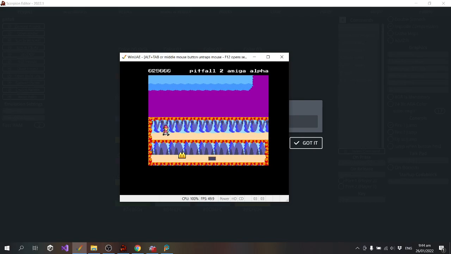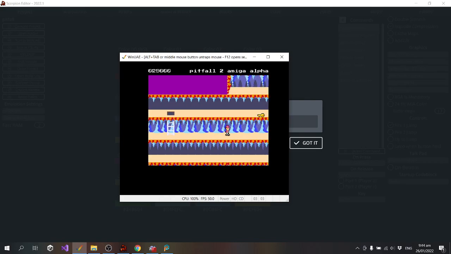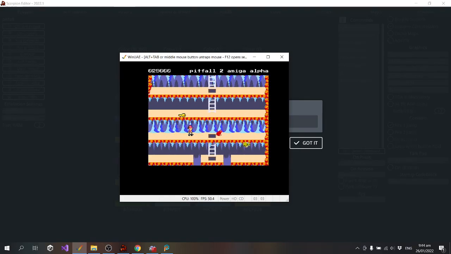Just make sure I can't walk through that wall. Not sure if that frog is working exactly right. It looks a little bit weird, but I'll worry about that later.